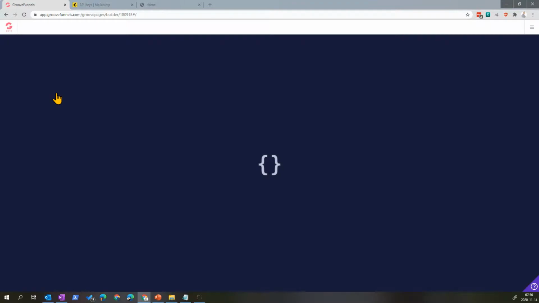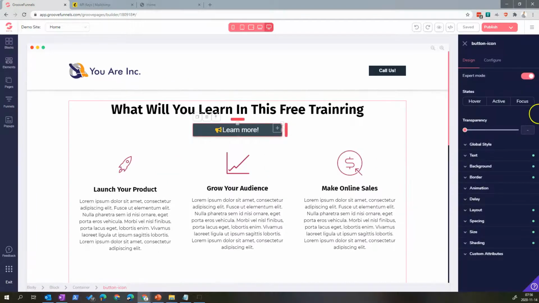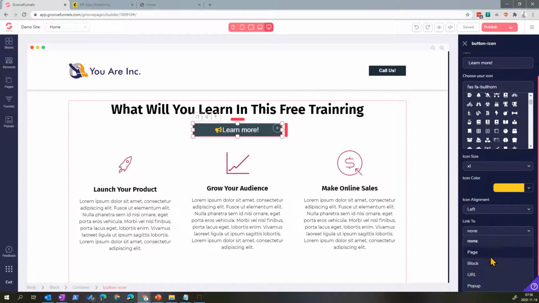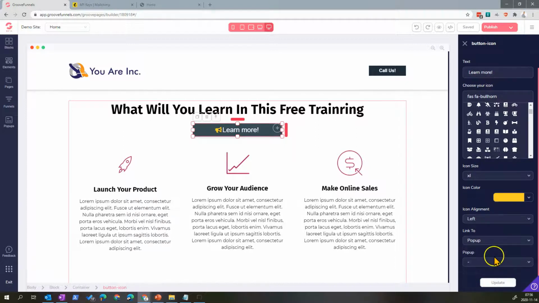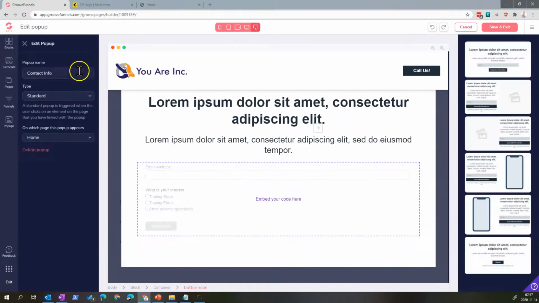And in the site, as I mentioned, I will do it with a pop-up. So you probably need a button to call the pop-up. For example, I will have a button that calls the pop-up here, with a link to a pop-up, which is contact info. I update. And you can also have it on the exit of the page, that kind of stuff. So for now, we'll do it pretty straightforward. I go into pop-up, contact here.